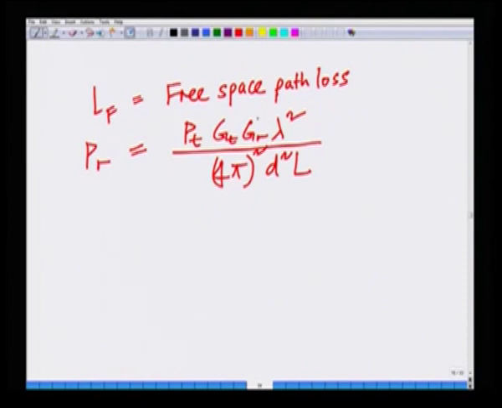Remember, these are the radio frequency gains. Lambda is the wavelength, d is the distance, and L is the system loss factor. Let us assume a normal scenario and set Gt equals Gr equals L equals 1,